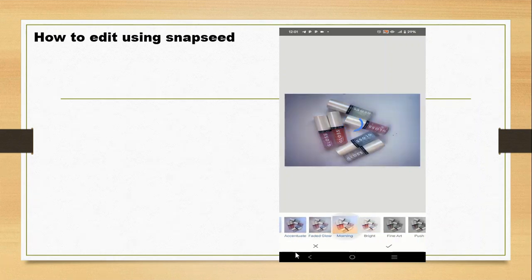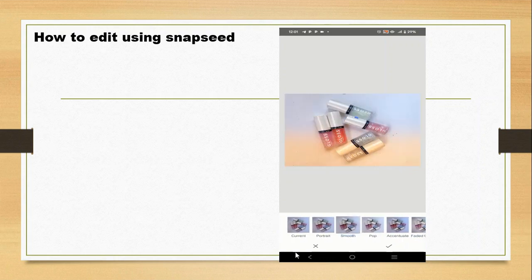So you can just click on any filter, you move around. And I think what I love about Snapseed is that you can play around. You can play around with things. That's one thing